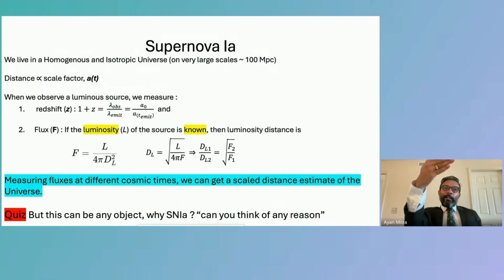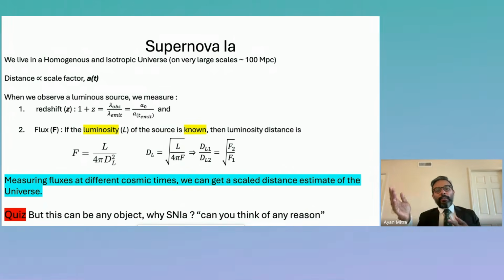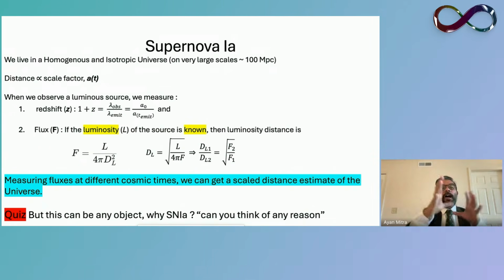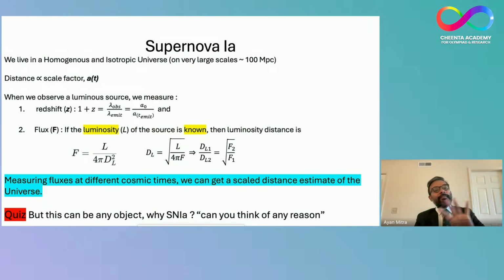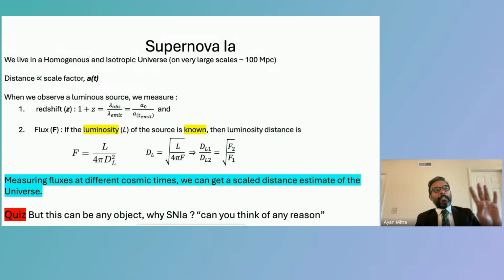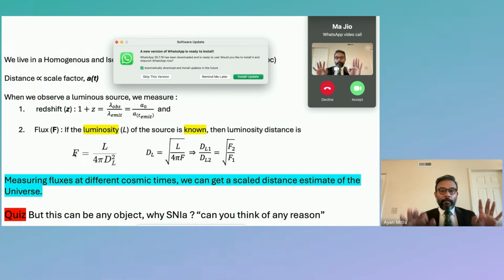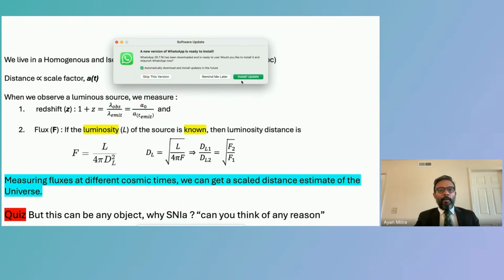So knowing the wavelength at the point of emission, and knowing the wavelength at the point of receiving at our telescope, if we take the fraction, we can directly relate it to the scale factor of the universe. It's like the scale of the size of the universe, how much it has expanded. And again, not going too much into the mathematics, this gives a term called redshift. This is a cornerstone of modern astronomy.